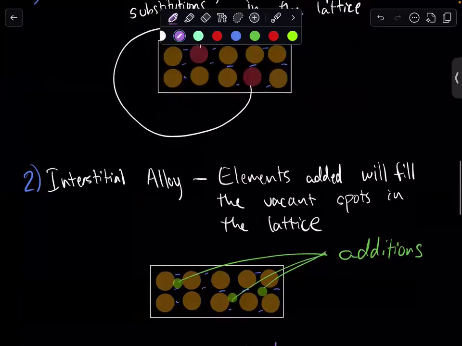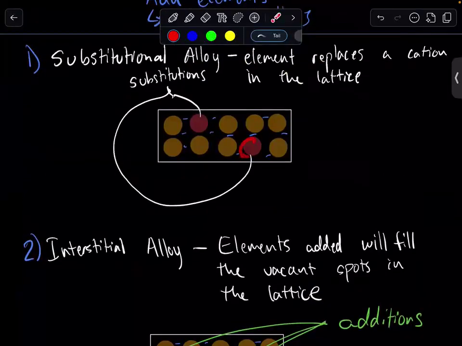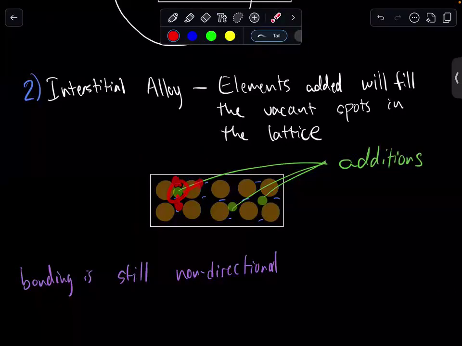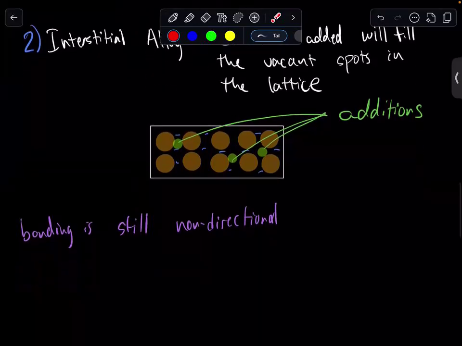So what I mean by that is in our case up here, even if these substitutions have those electrostatic interactions, they're interacting with the electrons as part of the lattice, and they're not interacting with individual atoms left, right, up, down. Furthermore, with these additions, they may not be interacting with the electrons or the cations at all. For example, in steel, carbon is an interstitial alloy where it just fills in the little gaps between the lattice of iron cations. So the key thing here when bonding is non-directional is that as elements are added,